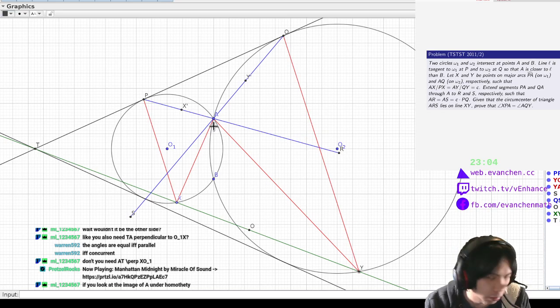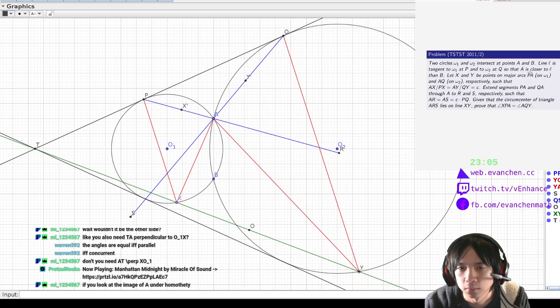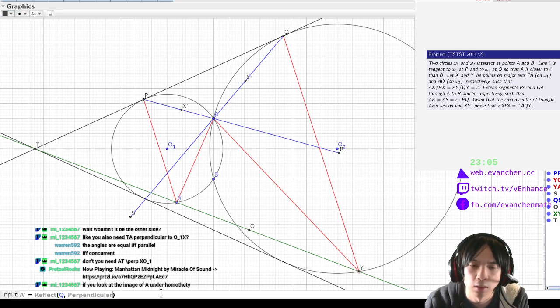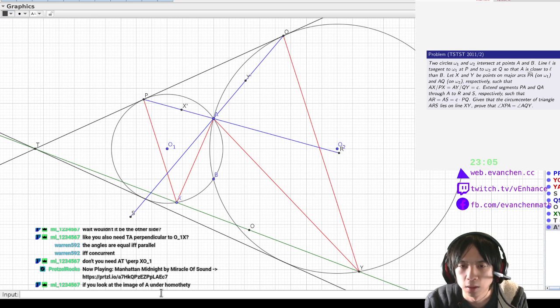If you look at the image, don't you need AT perpendicular to X01? Okay, so you're asking me to construct the, we're going to call it A prime. It's the intersection of the line through Q parallel to line PA against